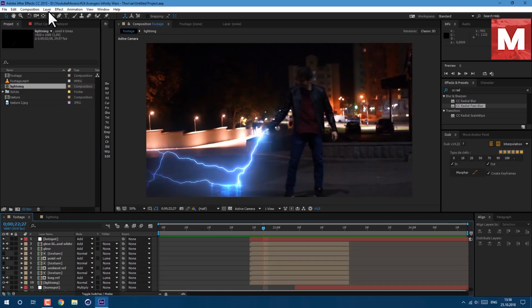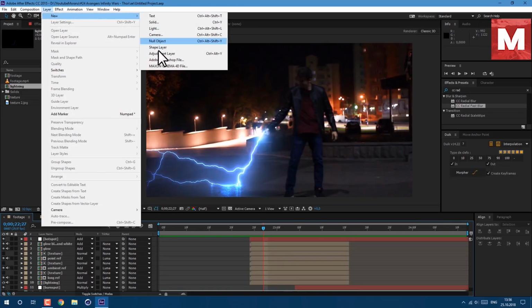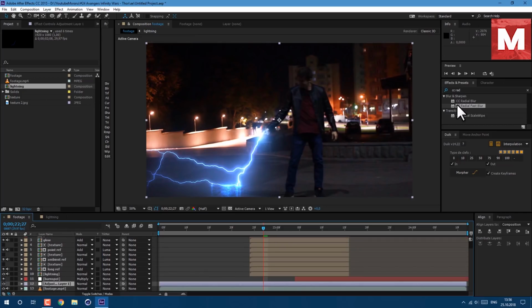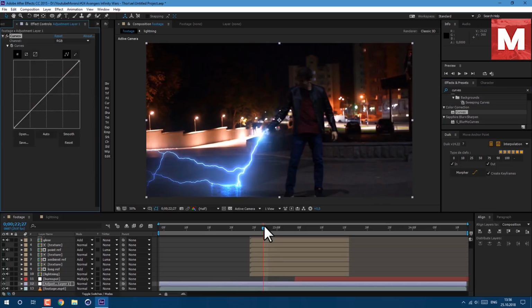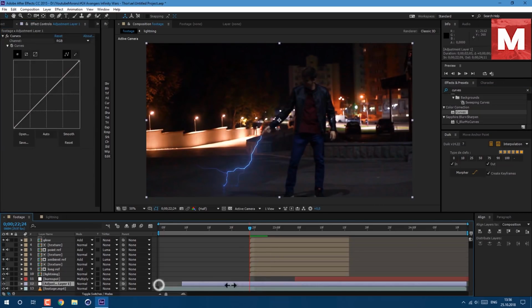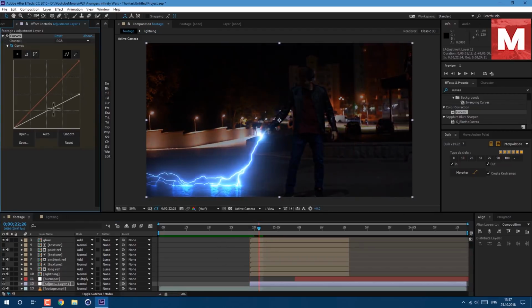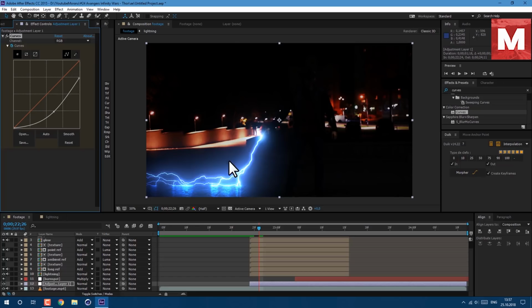Let me show you. You can go to layer, new, adjustment layer, set it below here, and add some curves to it. And about here when it starts, you can cut this layer, create a keyframe, and about here, set the brightness of our scene way lower, like this. If our camera would see something bright it would make the whole scene darker, so we are trying to simulate this effect. And about here,